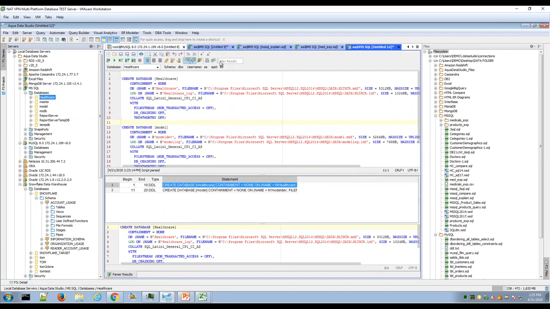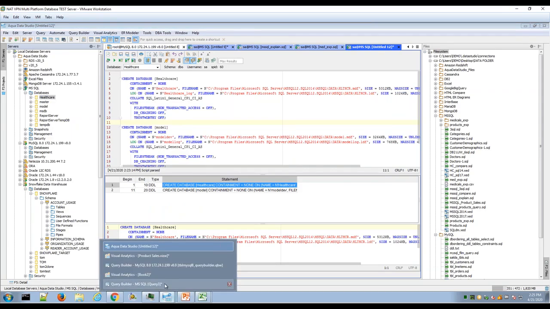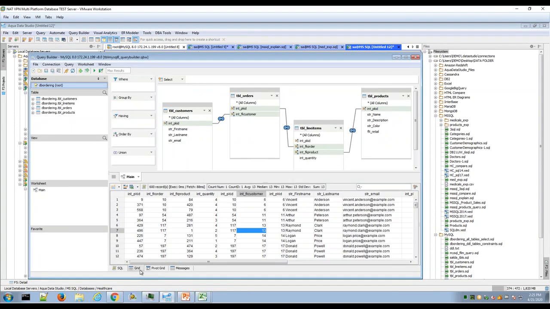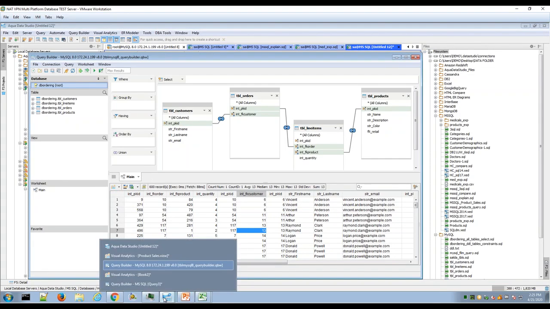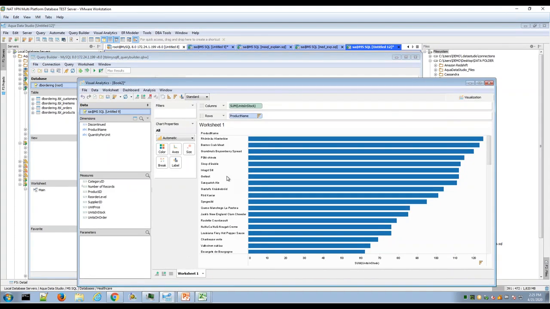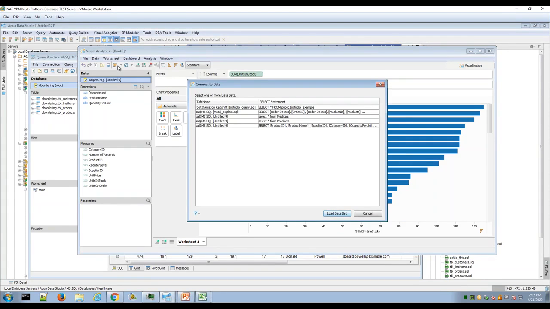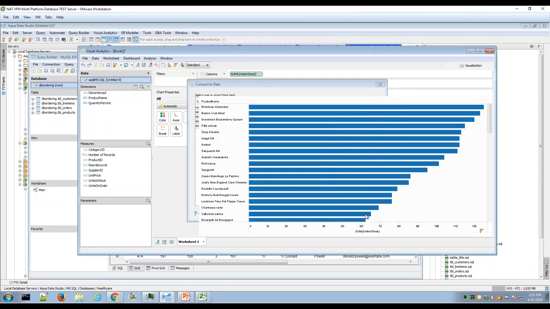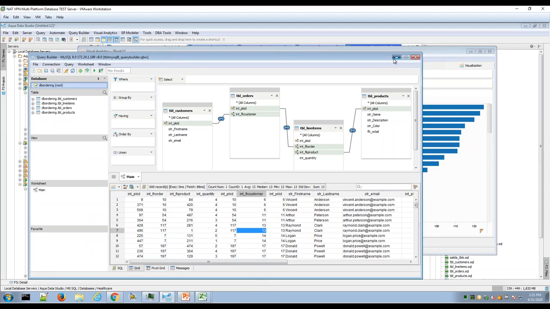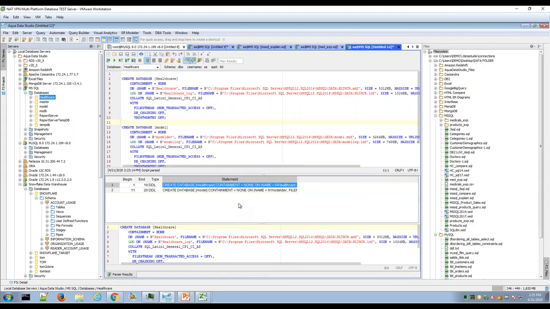Okay. All right, and then of course you can go from there to, say, the visual analytics, right? So here's the icon above the data grid in the query builder. There's the visual analytics icon, right? And so here we had sent a data set to the visual analytics earlier. And so here, if I just say Data, Connect to Data, this would show other SQL you've executed, okay? So here, if I wanted to execute SQL in the query builder or execute SQL in the query analyzer,